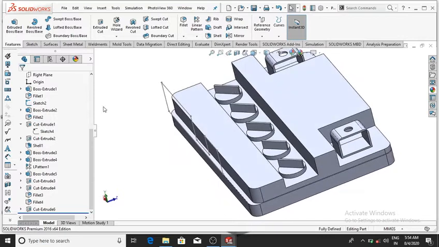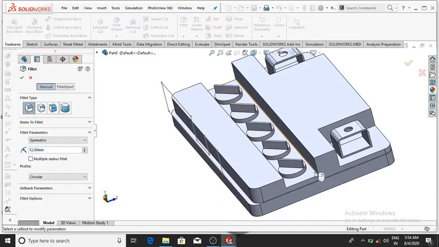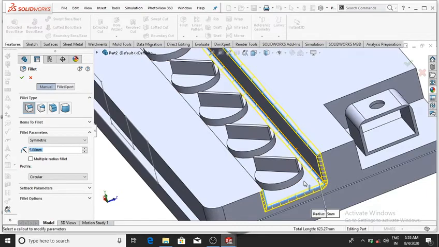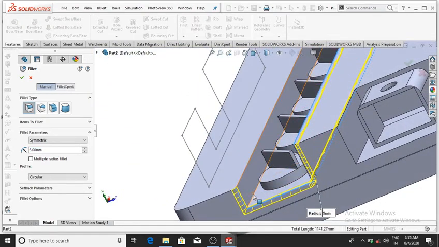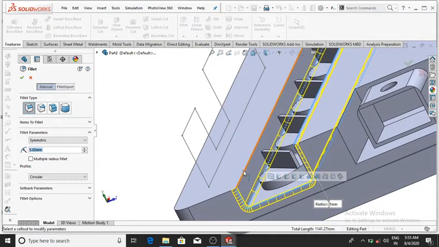So go to the fillet and select this corner and make it 5 mm, then OK, and again select this and select this, and also select this sketch and select this one and this one.